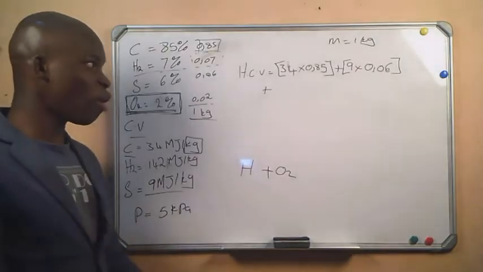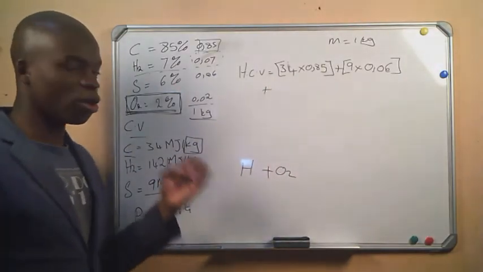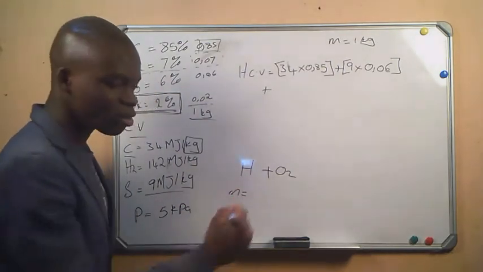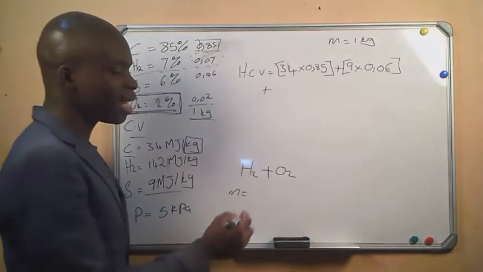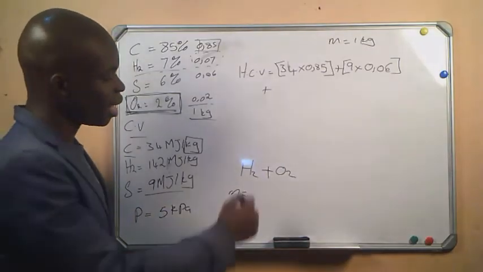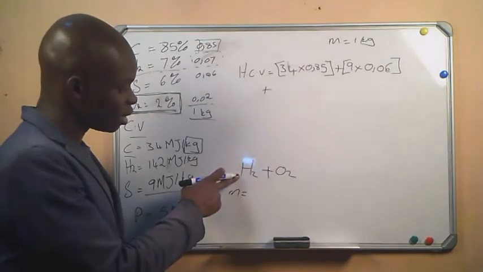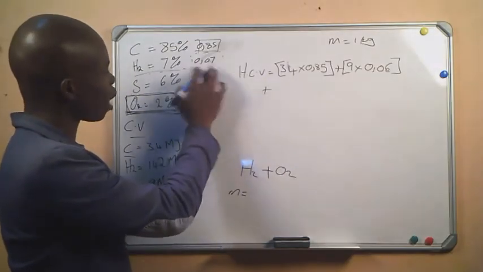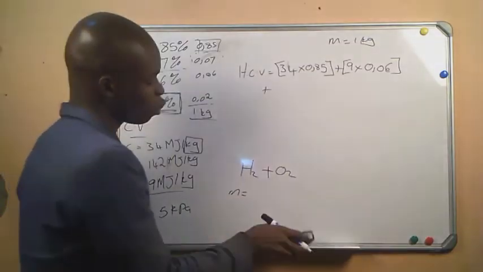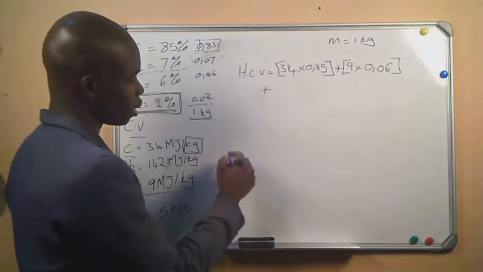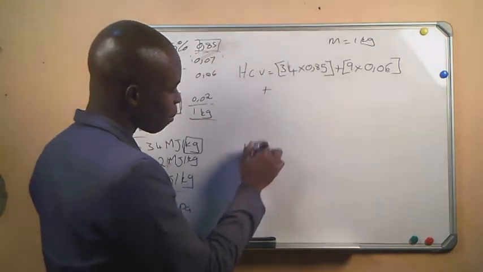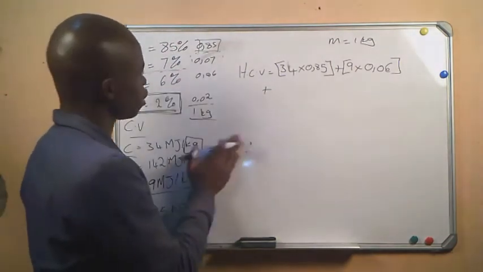And then our job, before we can calculate for the total calorific value of the hydrogen in the system, we will have to find the amount or the mass of hydrogen that has already been used by the oxygen that is in the system, and then minus it from this mass of the hydrogen, and then we will neglect that mass of hydrogen. So how do we calculate for the mass of hydrogen that has already been used by the oxygen? We will say that the total amount of hydrogen, which is 7, let me just write it,